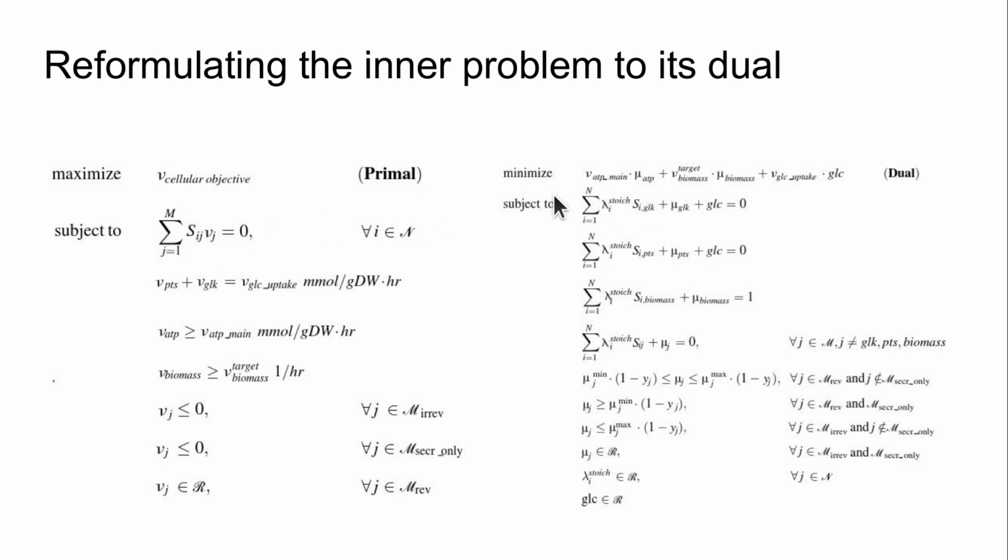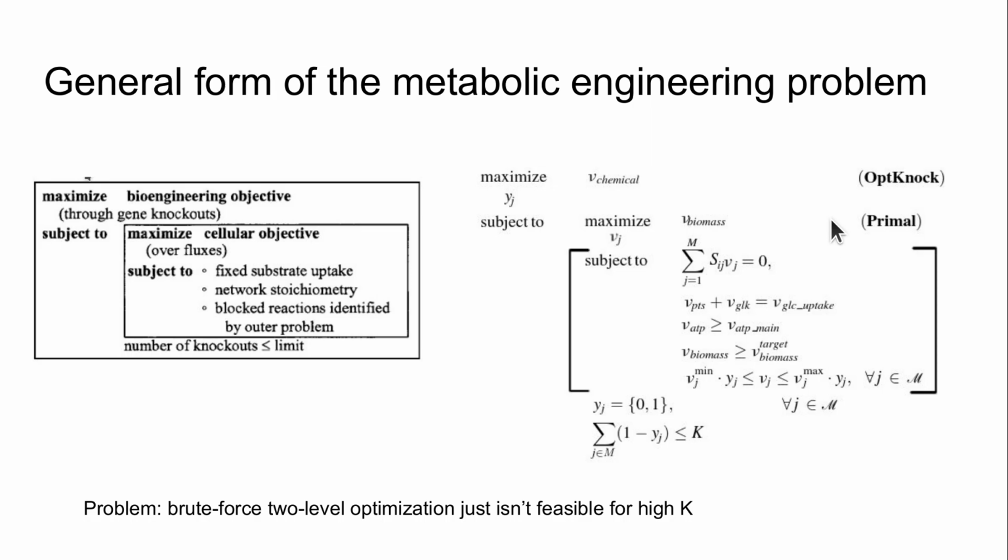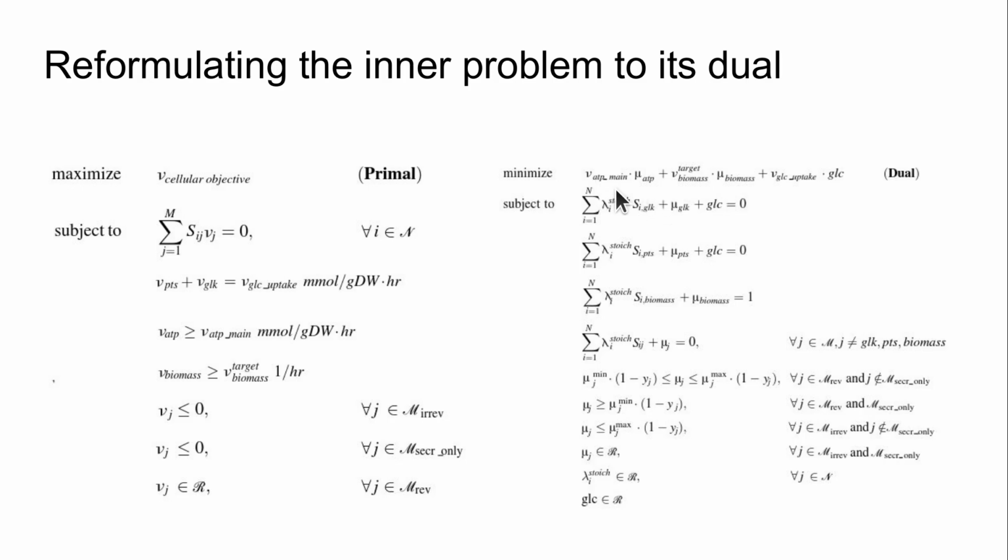And what this dual and primal formalism for linear programming entails is that the optimal solution to this dual problem is the same as the optimal solution to the primal problem. And what that means is that the optimal solution must satisfy both this and this at the same time. So instead of solving this inner problem by a standard linear programming solution, and then the outer, we only have a single level